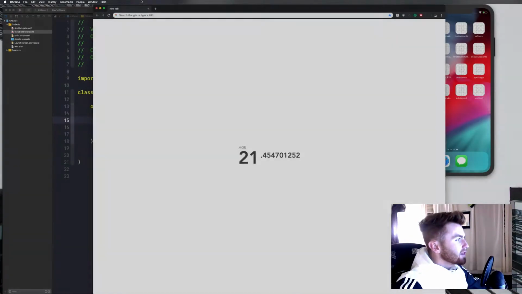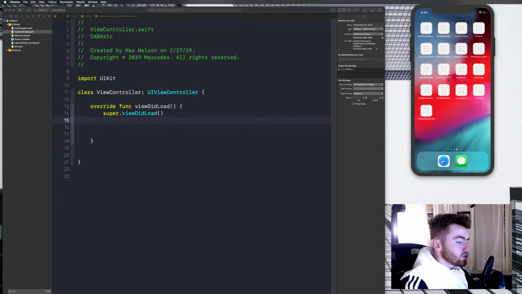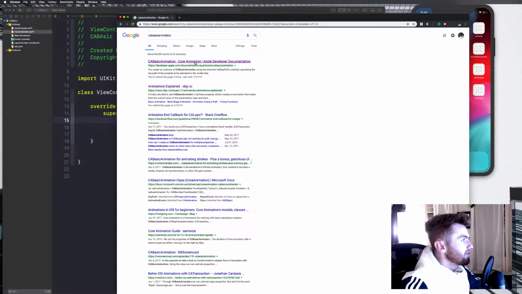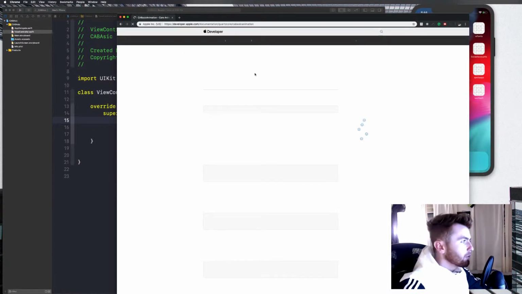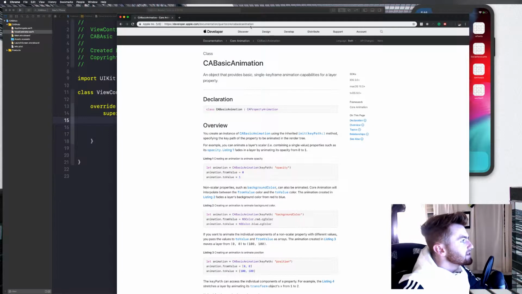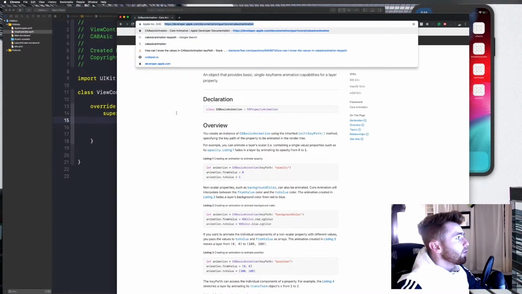And I've got this tab open because I'm going to go over to the documentation on Apple, because they have a little bit on CABasicAnimation that I want to show you. It's really simple stuff, but basically it's this first link, developer.apple.com. Link in the description near the bottom. But basically you can see that it says any object that provides basic single keyframe animation capabilities for a layer,